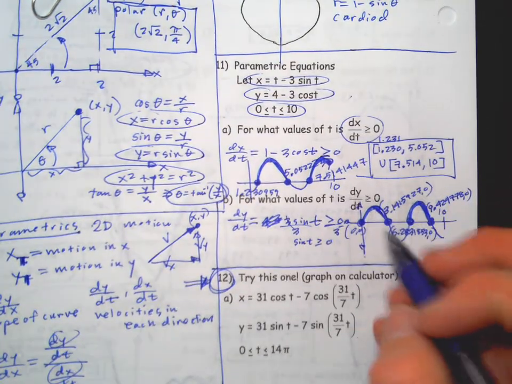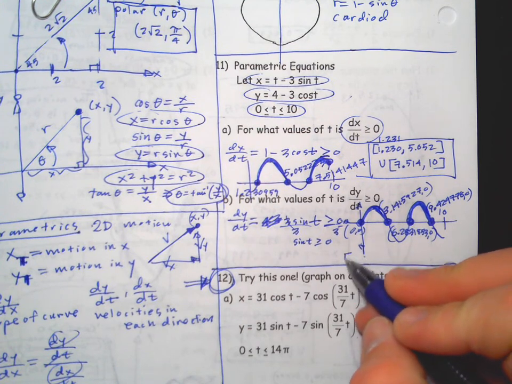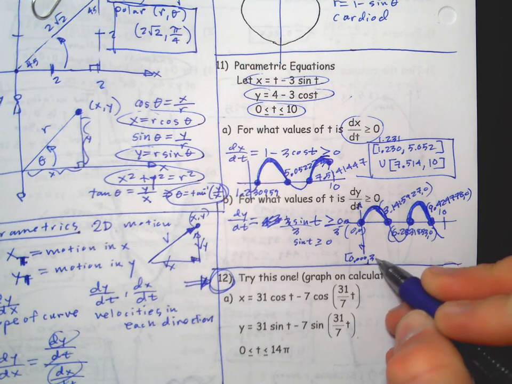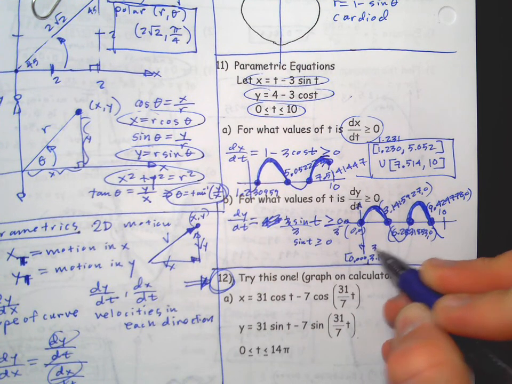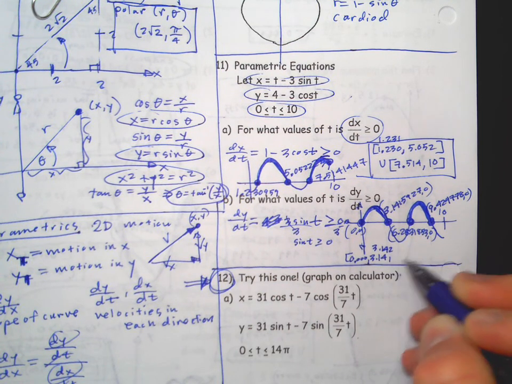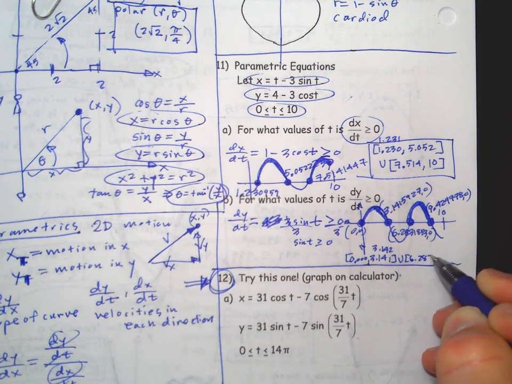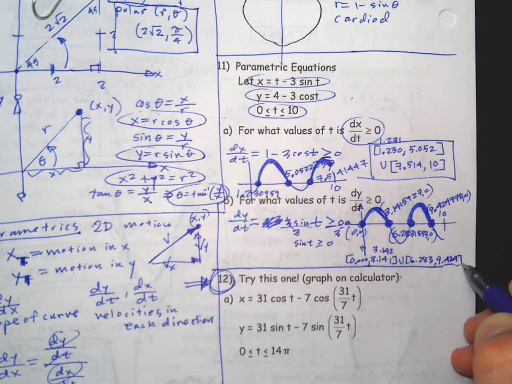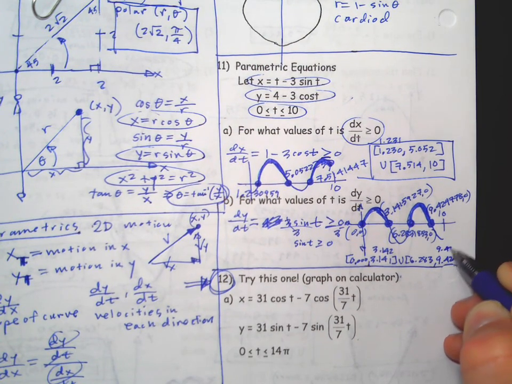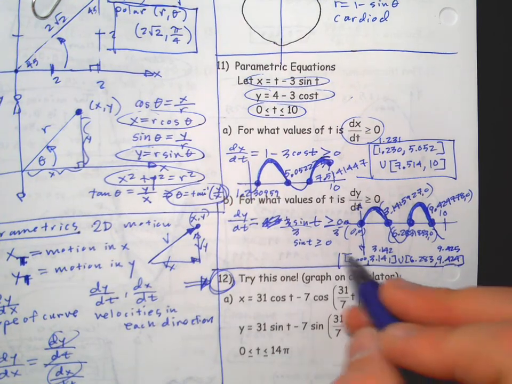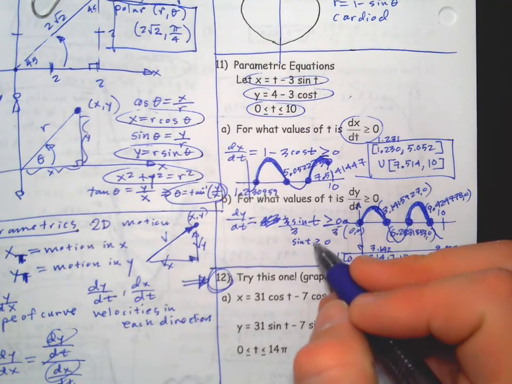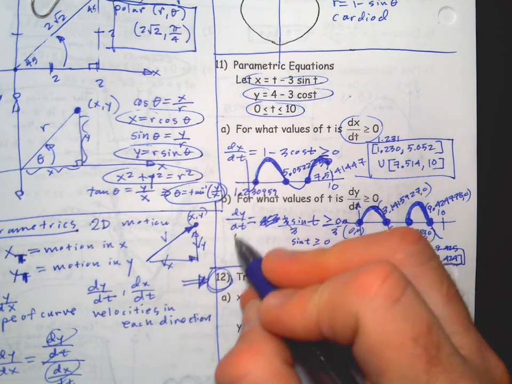Where is this graph above or equal to? So it's going to be bracket 0.000 if you want, comma 3.141, 3.142, bracket union bracket 6.283, comma 9.424, or 9.425. So there you go. Otherwise, we could have done it by hand, because this is when sine equals 0